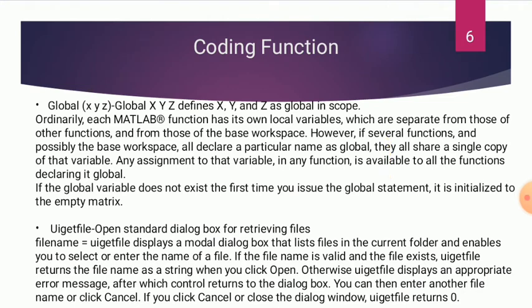UIGetFile opens a dialog box. It means entering the file name and corresponding dialogs, which opens the file name of the valid file. UIGetFile error messages control the returns of the dialog box. We have to enter another file name, or click cancel. There are many options such as cancelling, clicking, and installing some dialogs, and many more things in UIGetFile.